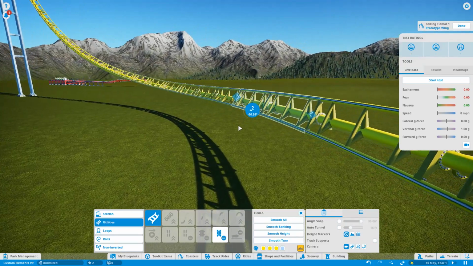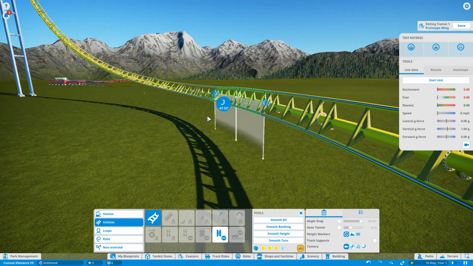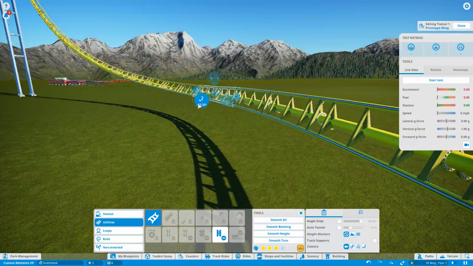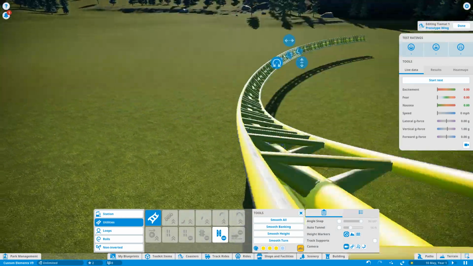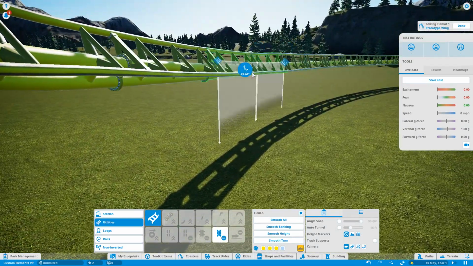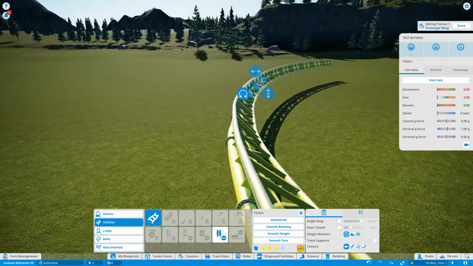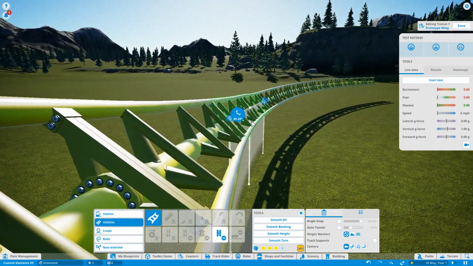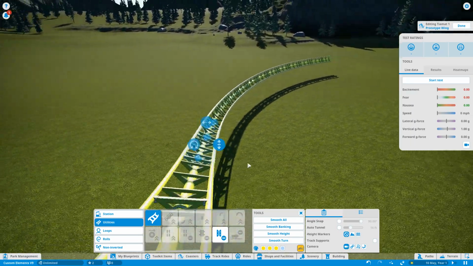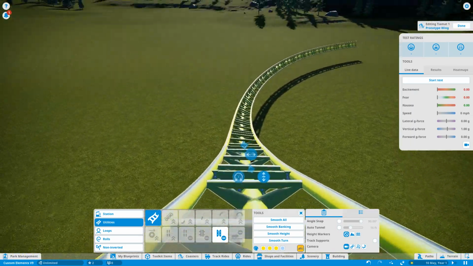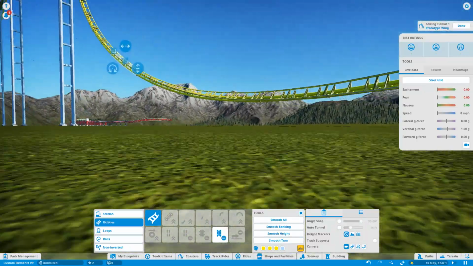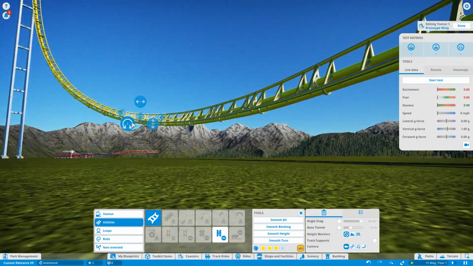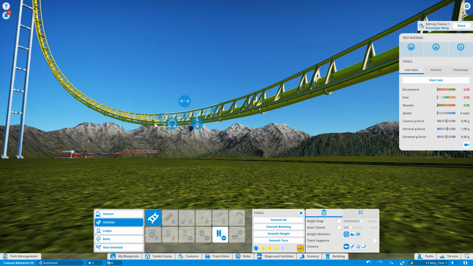Okay, that audio is being really strange this one. 65 there, and then about 58 there, 50 degrees there, and 56. So basically what you want to do is just have the angle of banking increase towards the final value there. This kind of turn can get very annoying to actually build